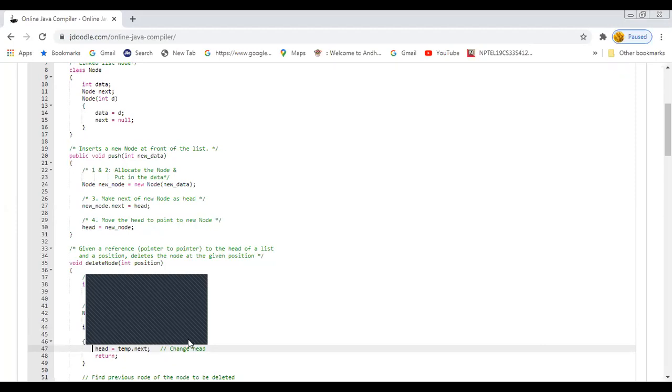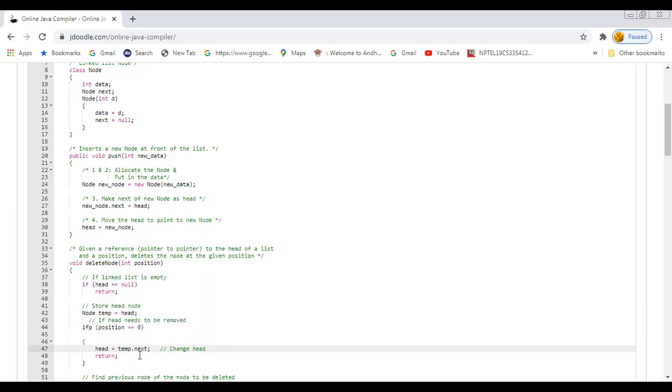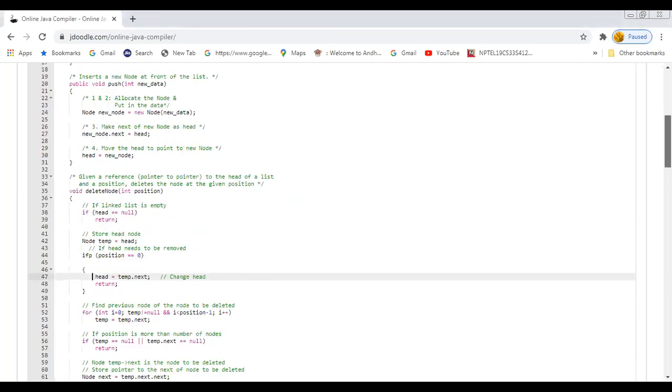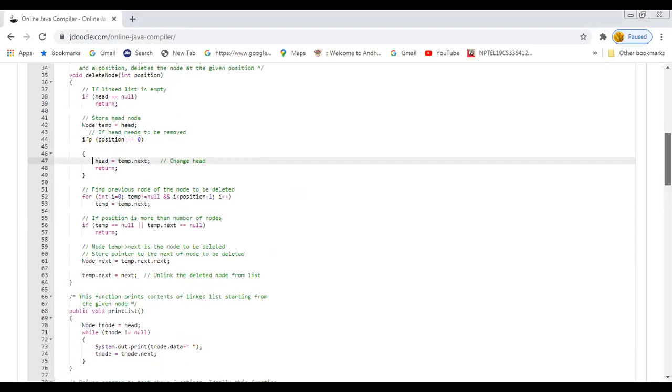So we'll move the name head from the first node to the second node. Right? That is the case if you want to delete the first element.